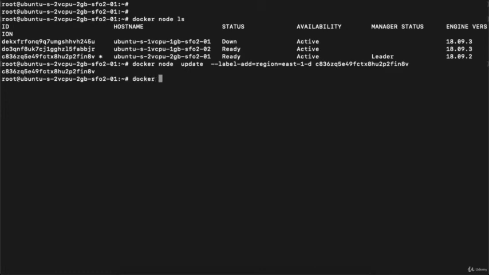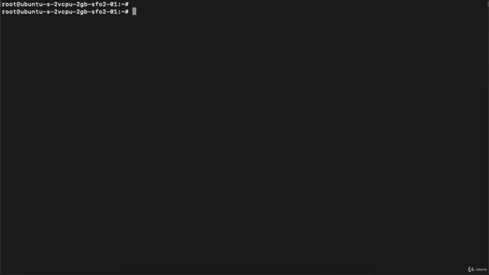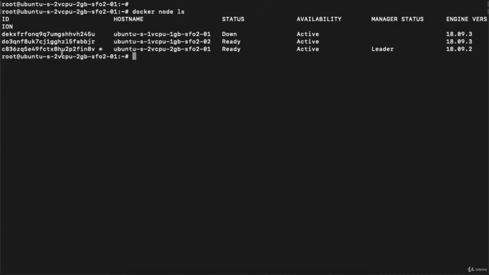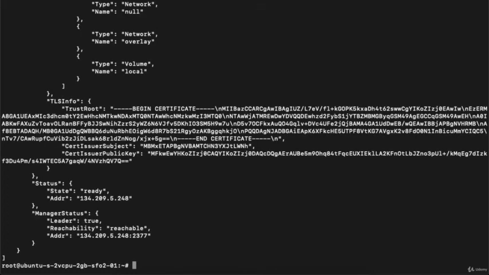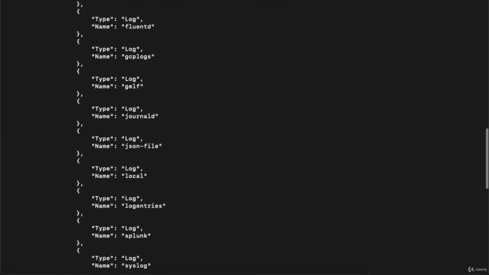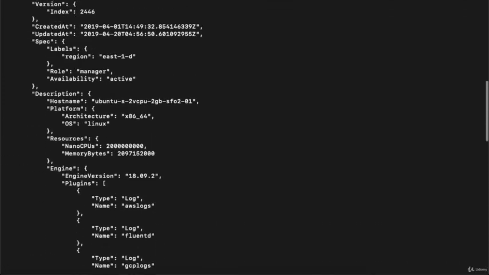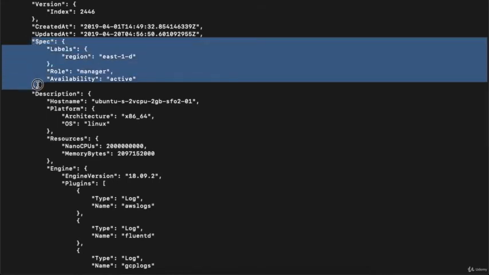If you put docker node ls, we have defined the label, but if we want to identify where this particular label is defined, right? So let's execute docker node ls, and we know that we have defined the label on the master node. For this we need to inspect the node. So docker node inspect, then define the id of your node. Once you scroll a bit, you will get the label as well. See, you are getting the specification, and in the specification you are getting the role, which is manager, and labels, we have defined the region east-1-d, right?